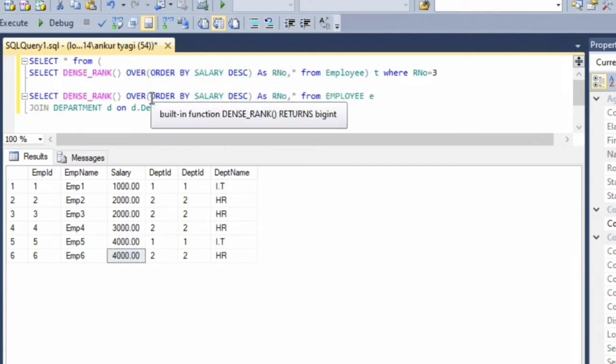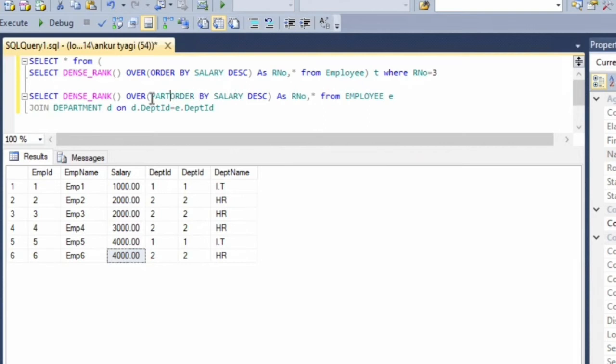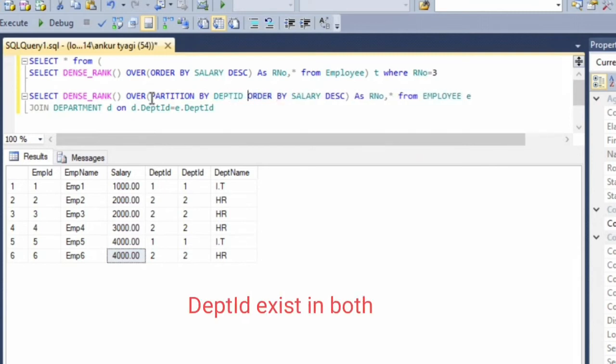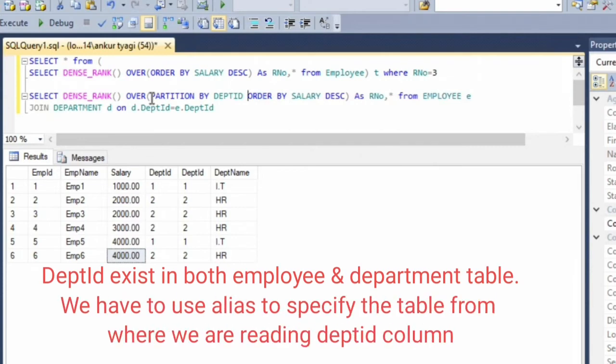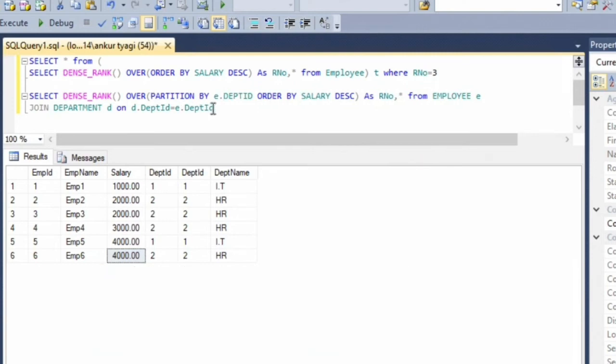Now you have to use partition by, to partition on the basis of department. We have department ID in two columns, so we have to use the alias. We have to write e dot department ID. Just execute the same query again.